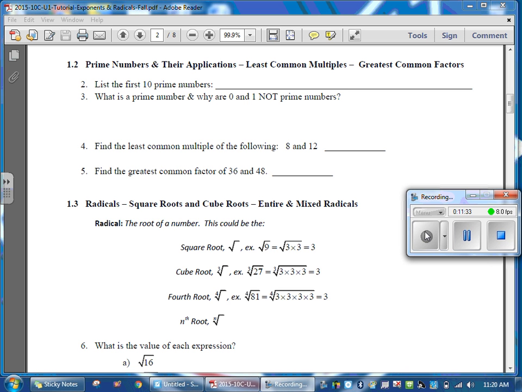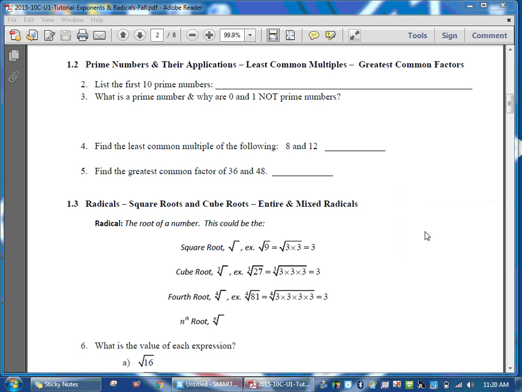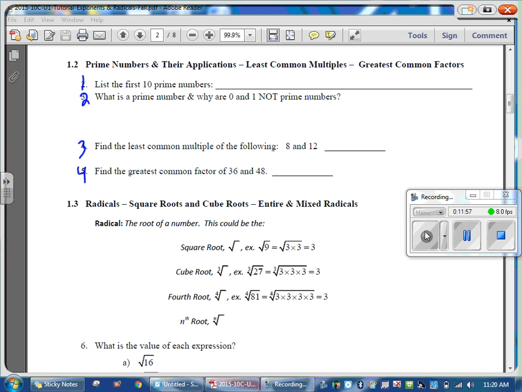Okay. So a prime, very well said. A number that is a prime number has only 2 factors, but they have to be different. 2 different factors. And that's why on number 3 here, it says list the first 10 prime numbers. And really, that's out of order. It should be 1, 2, 3, 4. But anyways, the second question there says, what is a prime number and why are 0 and 1 not prime